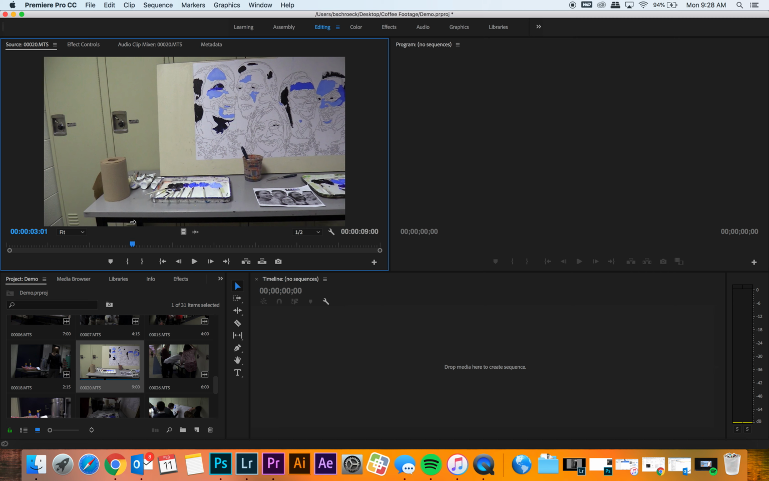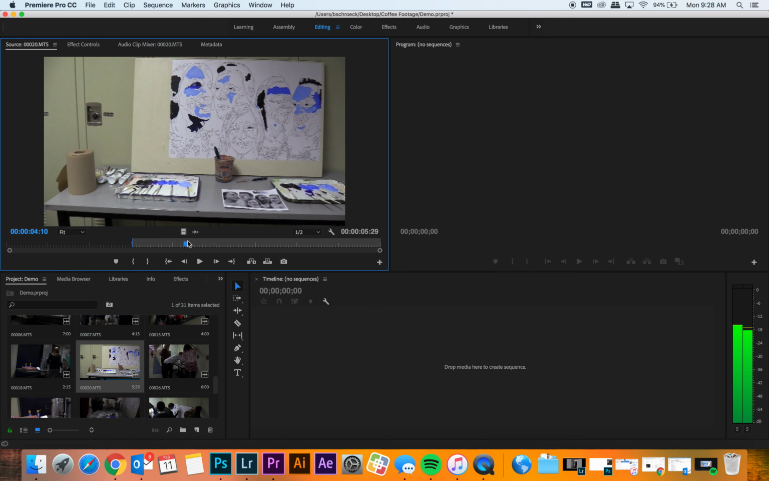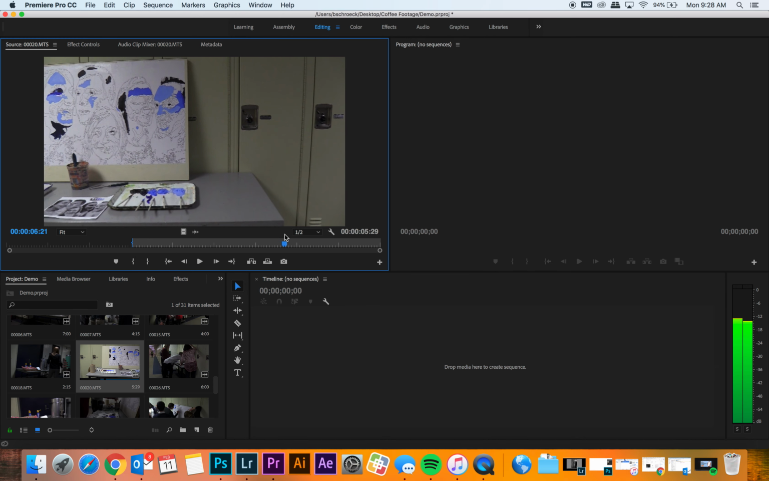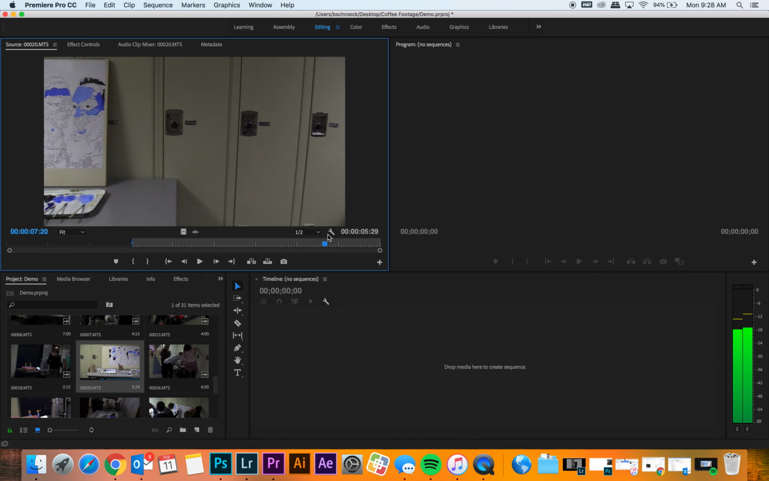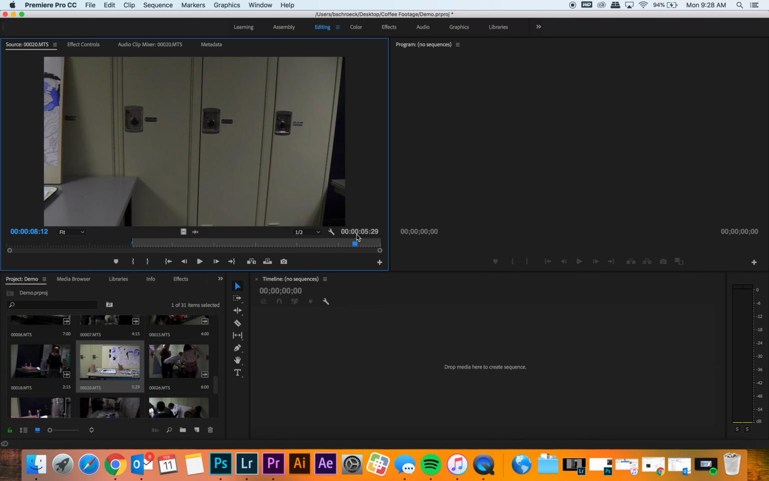So I'm going to put my marker where I want it to start, and I'm going to click I for in point. Then I'm going to move my marker over. I'm going to scrub over to where I want it to stop. So right here. I'm going to click O for out point. Now I have this little selection highlighted, so this will be the cut that will show when I bring it